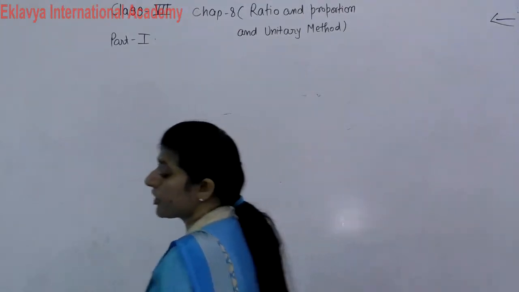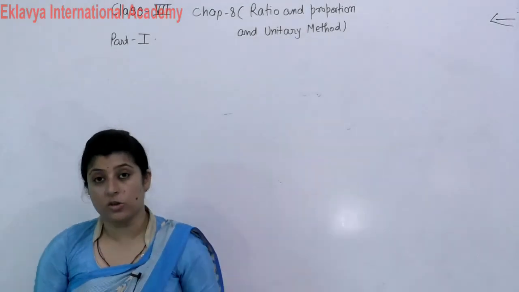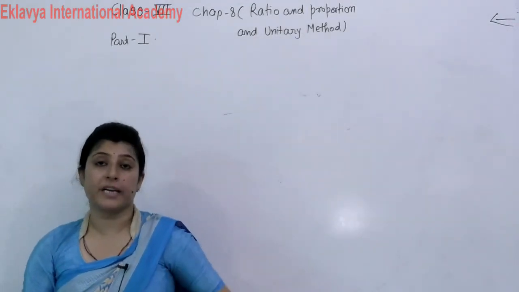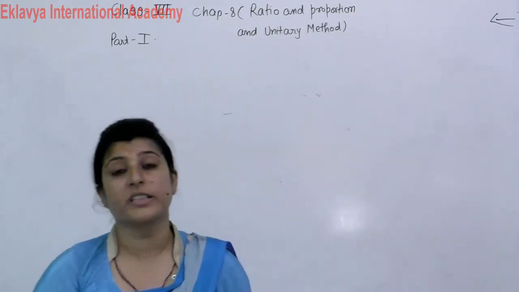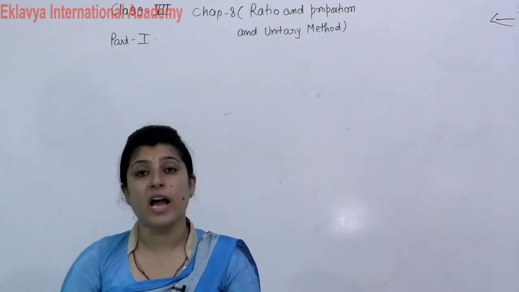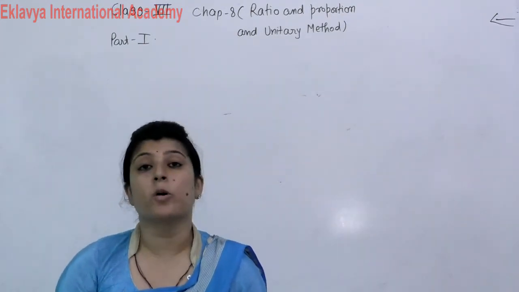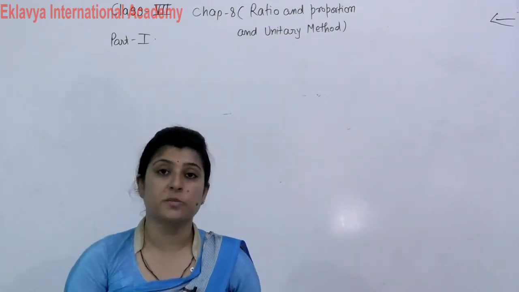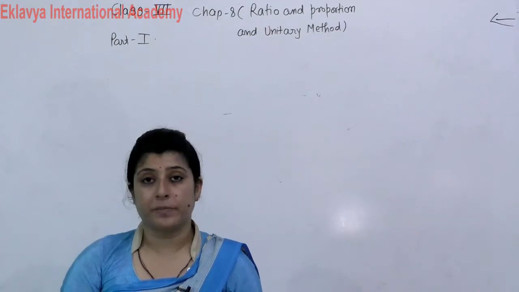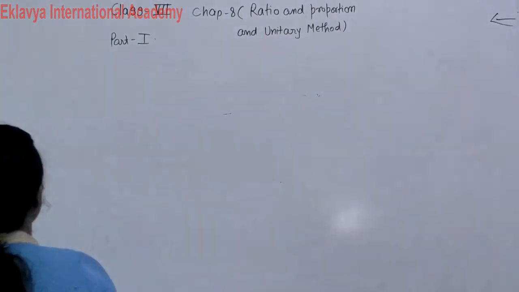These are the important facts about the ratio: in a ratio we will compare the same kinds of things. The unit will be the same because a ratio has no unit. When we are comparing, the units of both things, both kinds of things, should be the same, and a ratio has no unit. Okay, see, now your question is to express the ratio.